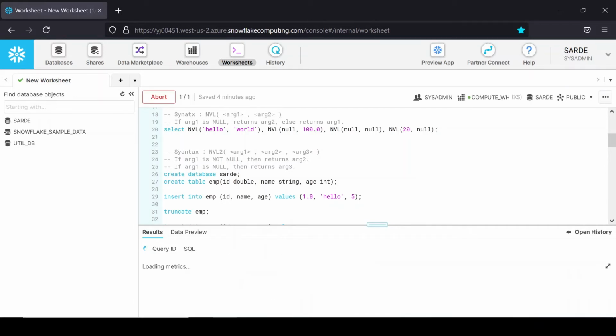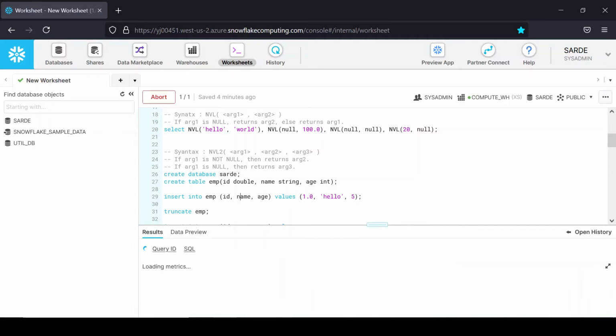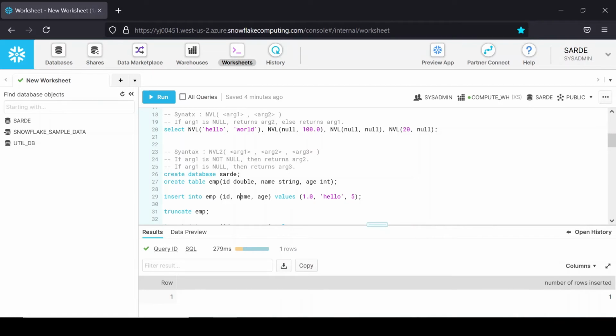Let's create a table. Let's insert one record over here.